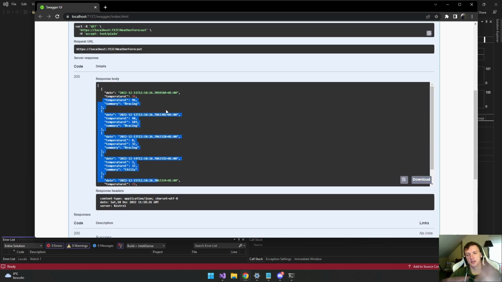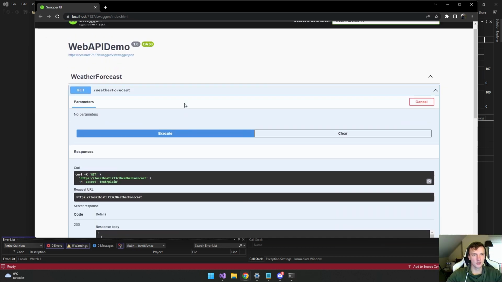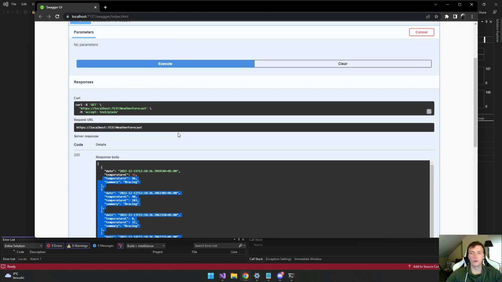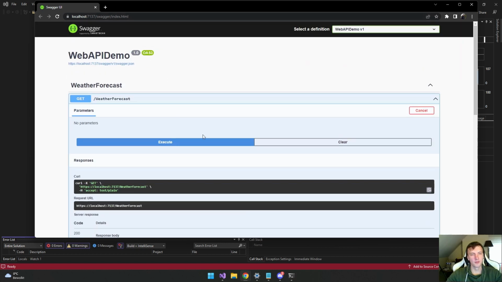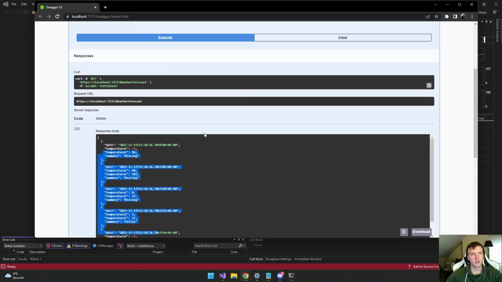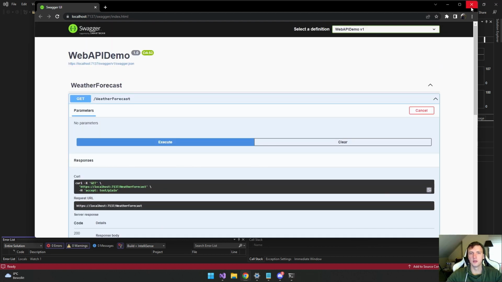This is the startup file. This is what you get. You can easily check your APIs in Swagger. It's like a built-in Postman from Visual Studio. It's really nice to have to check your connections and check the things you want.